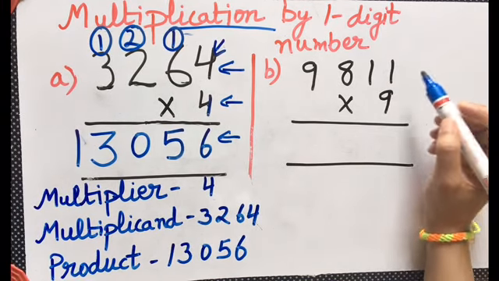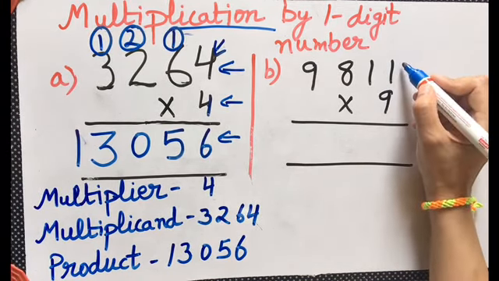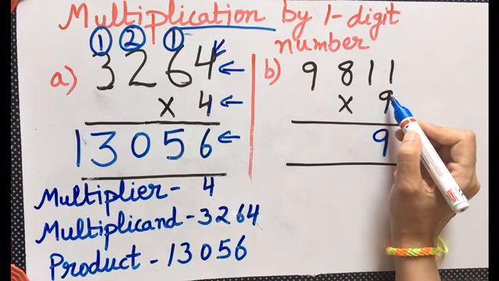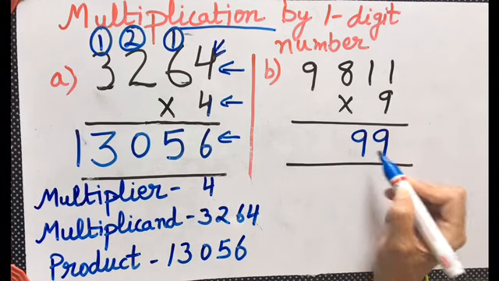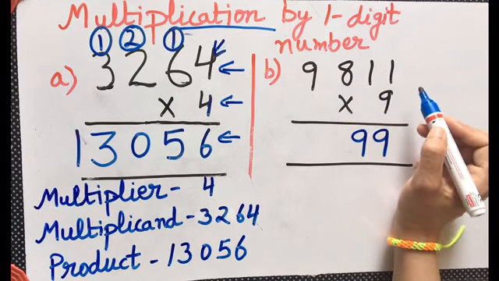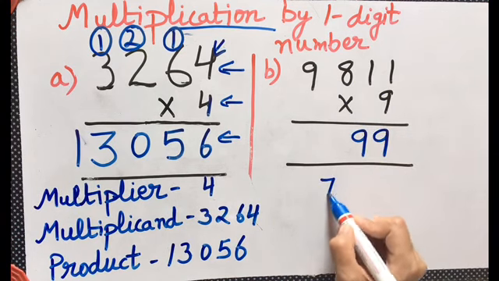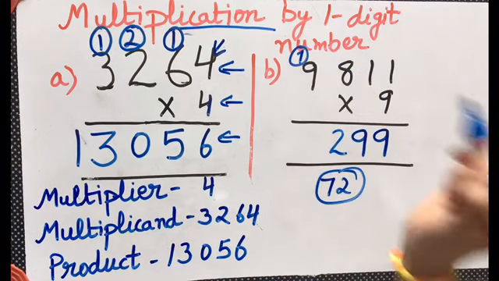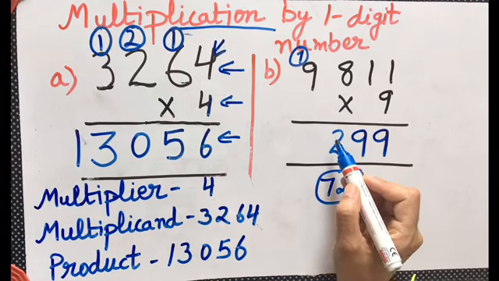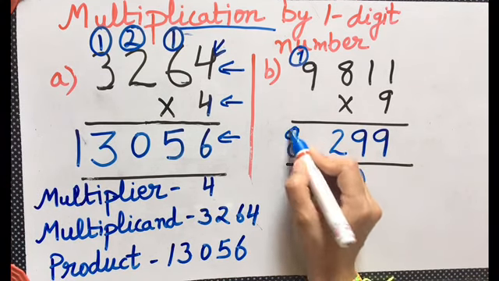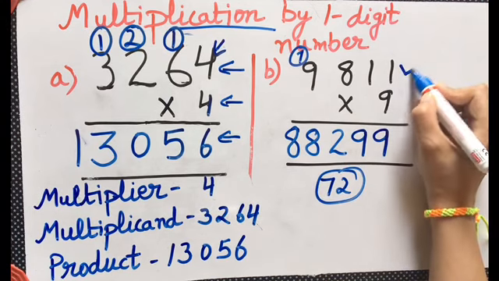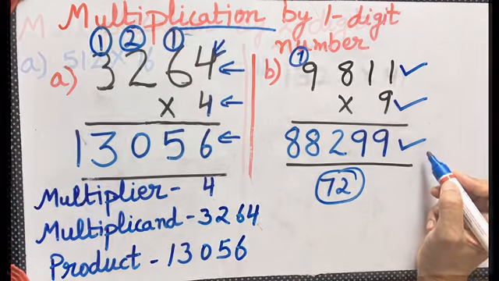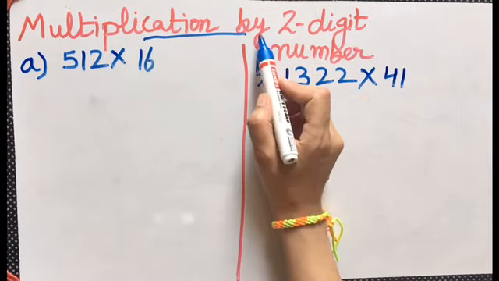Let us take another example. Now, again we are going to start from the ones place. So, 9 ones are 9, no carry, 9 ones are 9, again no carry, 9 eights are 72. So, in case of 72, 2 will be written here and 7 will go on the top. 9 nines are 81, 81 plus 7 is 88. So, this is the multiplicand, this is the multiplier and this is the product.